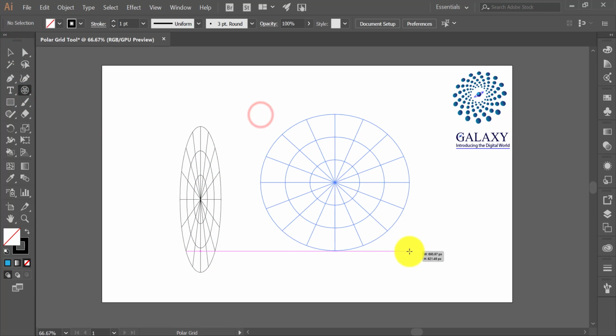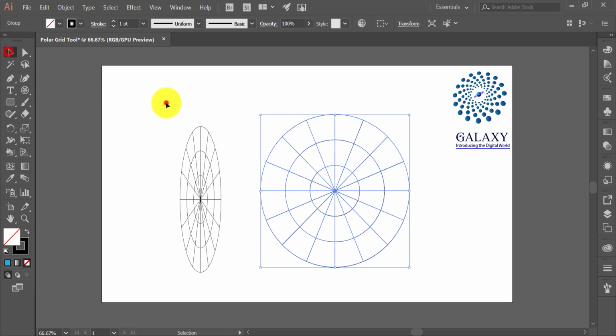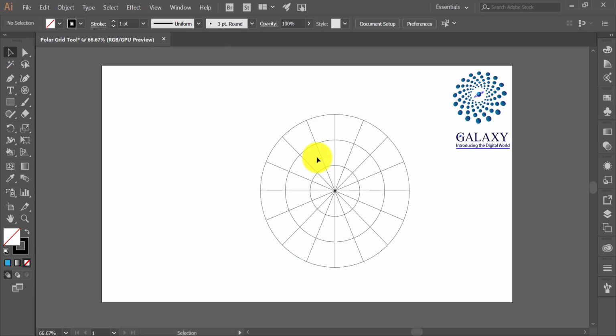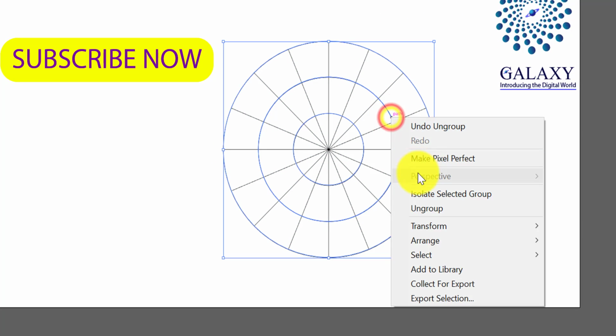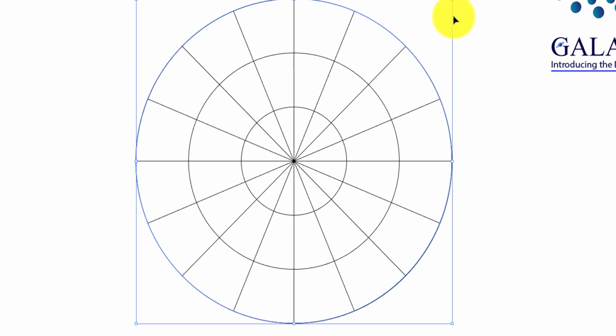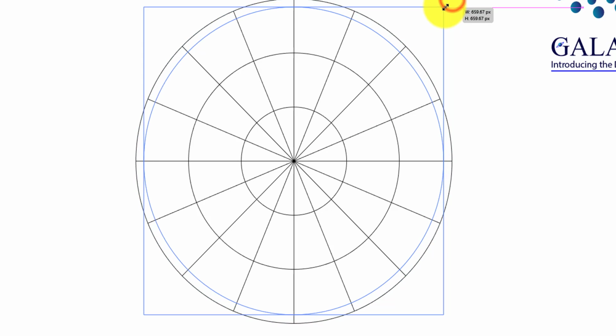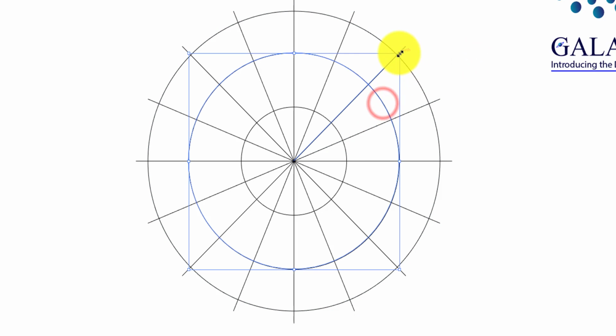As I told you, with the Shift key you can draw precisely, so I'm deleting this. I'm ungrouping this and this one. Okay. With Shift and Alt keys you can precisely scale this ellipse as well as here.